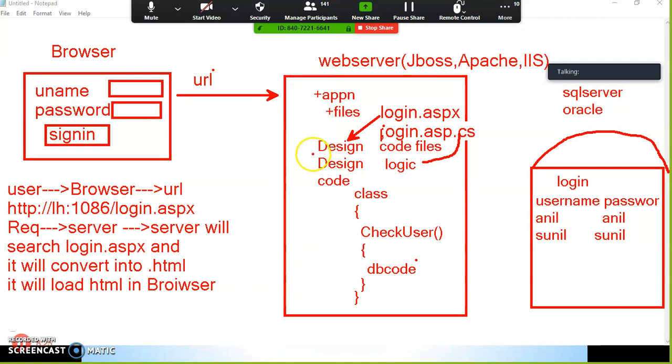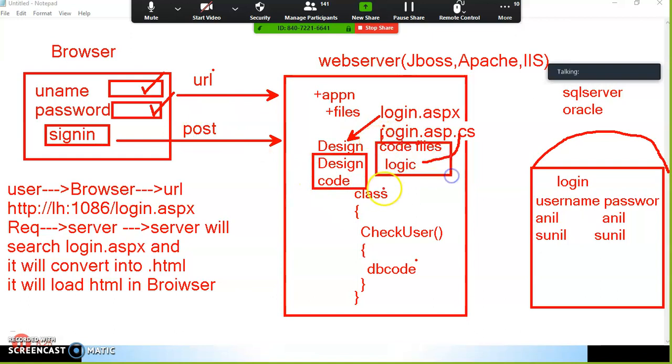Now when the user enters the username and password and clicks on the sign in button, again the request will go to the server. This time the request is considered a post request. If the request is a post request, maximum code will execute, the logic will execute. Whenever the user clicks on the button, this method will get executed.